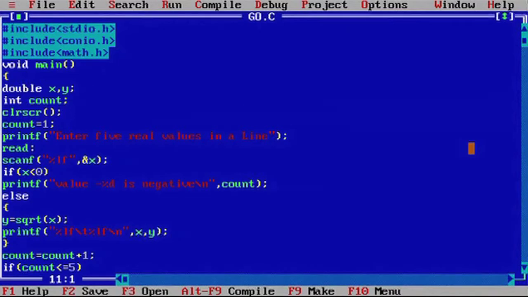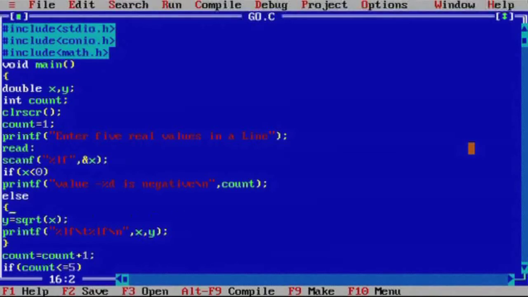In this label, first the real number will be read by the scanf function. Then the value of x will be compared. This x is a variable in which the real number has been entered. If the value of x is negative, then this message will be printed that the particular value is negative.